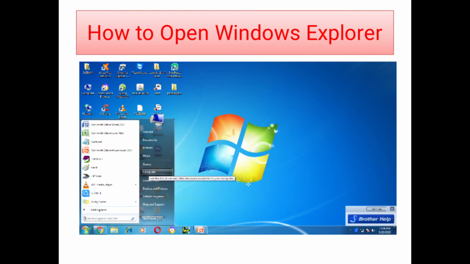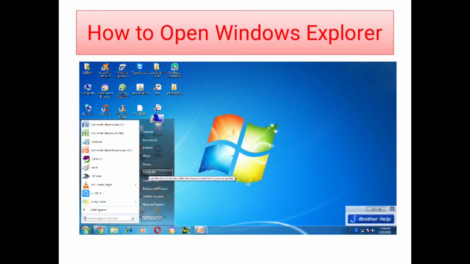Okay, so today let us see how to open that Windows Explorer. Okay, children, so here is the screenshot of the Windows Explorer. See, here we can see the Windows Explorer. I have shared the screenshot with you. How to open the Windows Explorer? First of all, there are two ways.